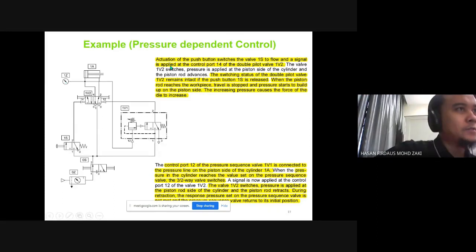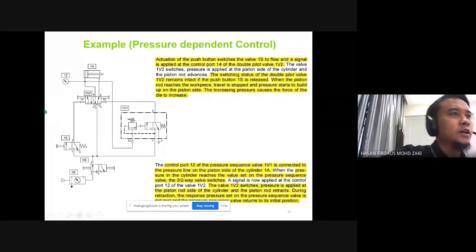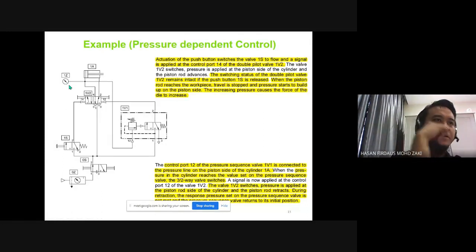All right, pressure meter 1 ZAC. So when this one reaches your preset pressure, maybe 5 bar, 6 bar or something, when this is met, this will give a signal to port 12 here. Port 12 means that this will give this regulated pressure, the airflow, and then this one will